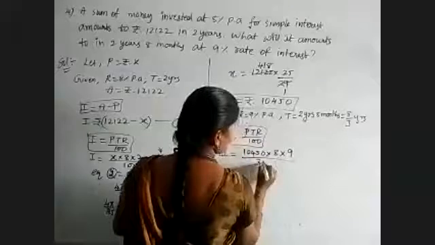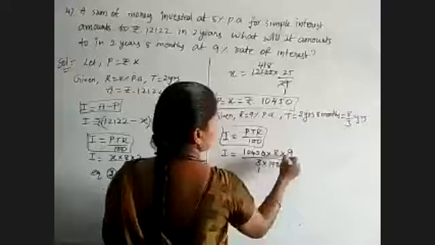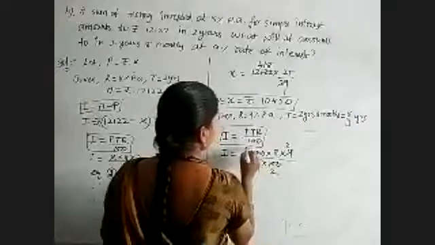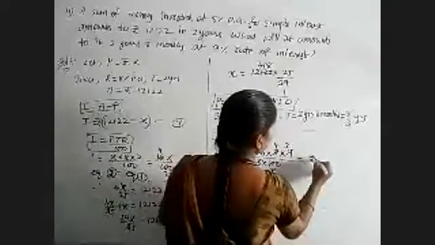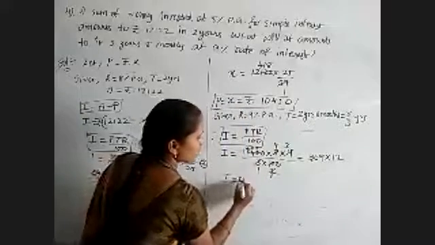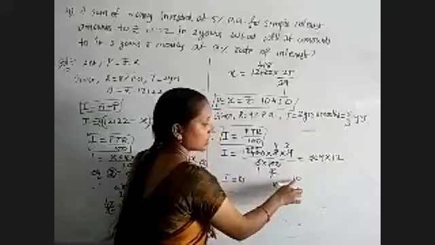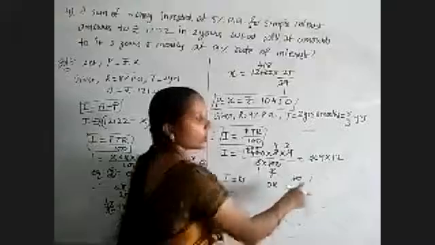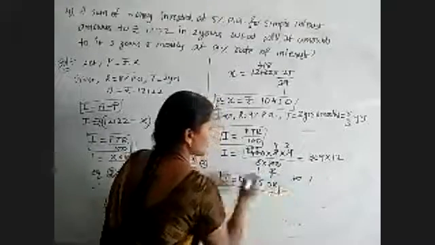So 3 by 3 is there now. So 3 into 100 I am writing here. Now 0 0, 3 1s are 3, 3 3s are 9, and 5 2s are 10, 209, and 2 1s are 2, 2 4s are 8. So we got 209 into 4 3s are 12 as I value. That is I is equal to 12 9s are 108, 10 is there. 12 into 0 0, 0 plus 10 is 10, so 0 we will get here and still 1 is there. 12 2s are 24, 24 plus 1 is 25. 2,508 rupees is the interest.